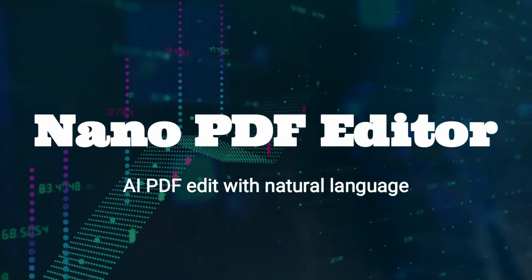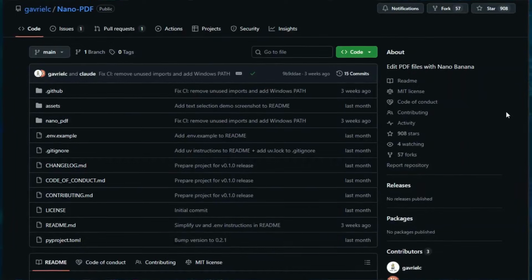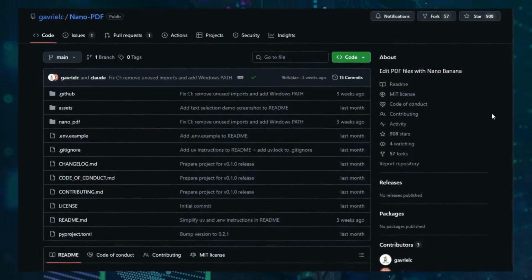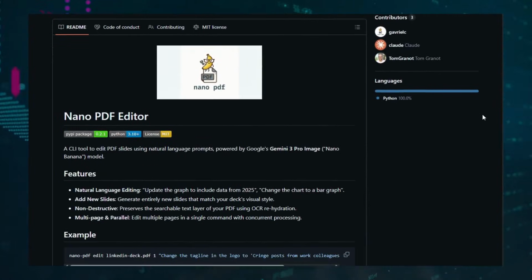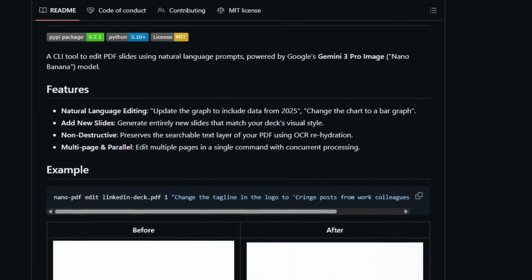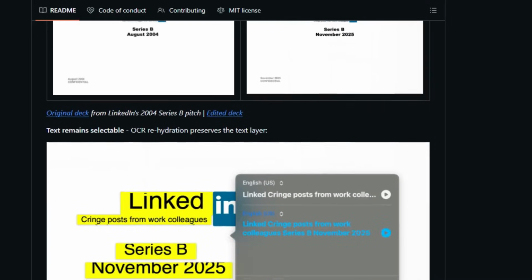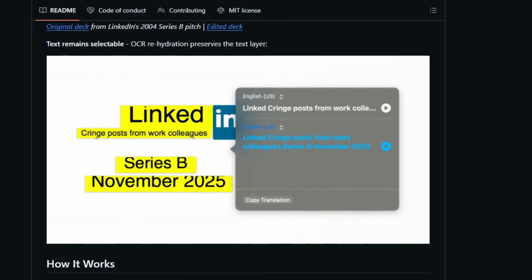Project number 50. Nano PDF Editor. AI PDF Edit with natural language. Here's something that feels like the future if you want to tweak PDF content as easily as talking to an assistant. Nano PDF Editor is an open-source CLI tool that lets you edit PDF slides and documents using simple natural language prompts powered by Google's Gemini 3 Pro image model,